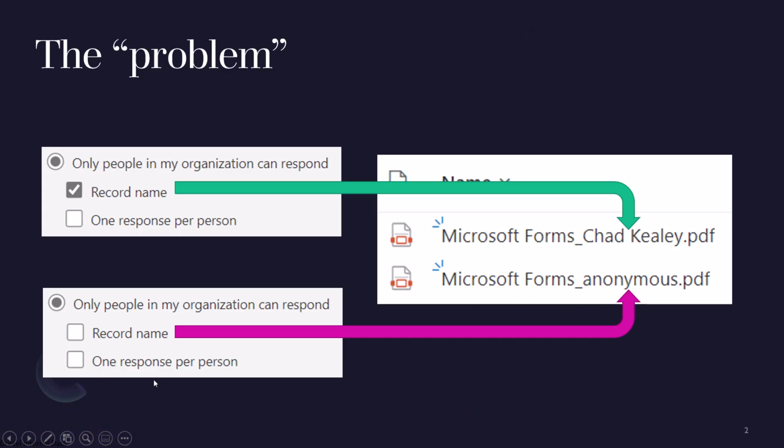When you have a form, the default settings are to record the name. When you go into the settings for your form, there's a checkbox for record name. If you have that checked, whenever someone submits a form and attaches a file to a file upload question, their name is going to be inserted at the end of the file name, sandwiched in between the original name and the file extension, as an underscore followed by their display